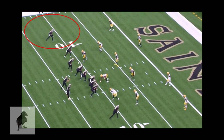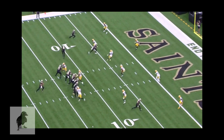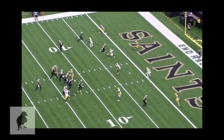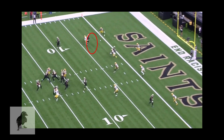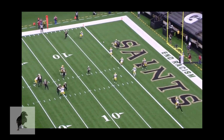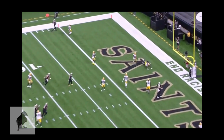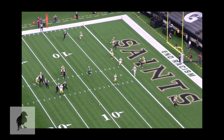You're going to see Sanders here on the outside. You're going to see a zone that literally has 4 defenders in the area. And in the red zone, you have to be quick about finding that sliver of space between multiple defenders. And he does a great job of threatening inside to the defender that he knows is going to be covering the outside receiver. Scrape just past him enough so that he doesn't get too far outside and covered up, and then turn back and look for the ball, make the play, turn back and catch it, high point it, and at the threat of taking contact, still does a good job of being able to win that ball,